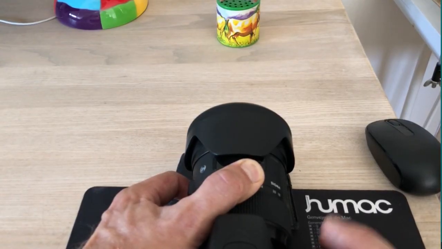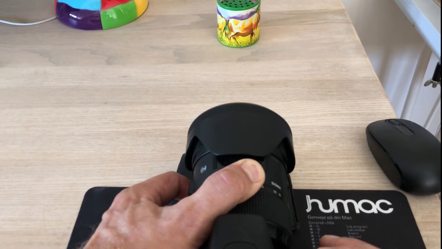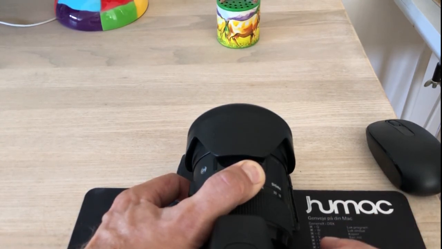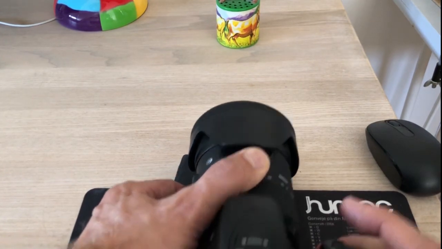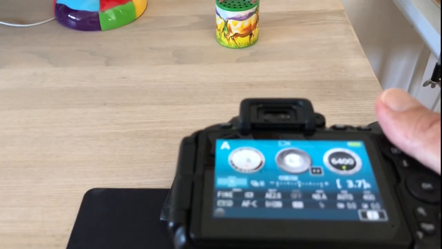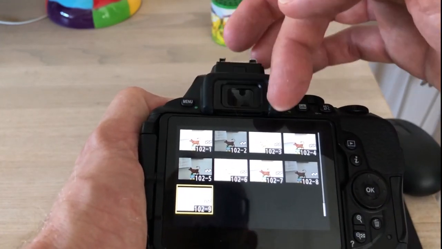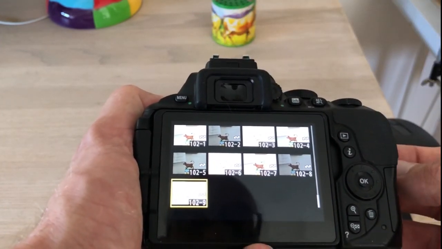Now, let's put it in high speed mode and test it. Yes, that sounded right. You hear? I release my finger, shoot again, release, and shoot again. And let's see how that plays out in what the camera has captured. Hooray! That looks right. 1 normal, 1 under, and 1 overexposed.